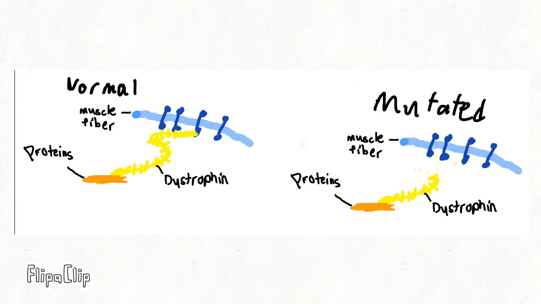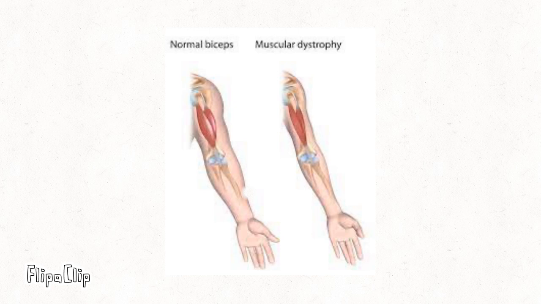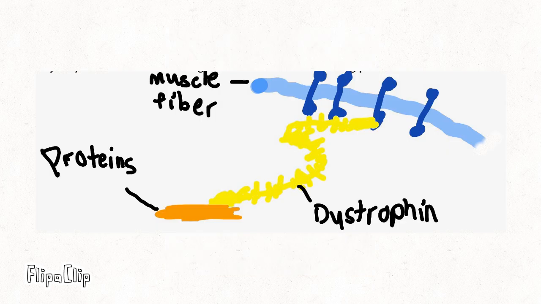Duchenne muscular dystrophy is caused by a mutation in the protein known as dystrophin. Dystrophin is a protein found in muscle fibers that plays a crucial role in maintaining the structural integrity of muscle cells. It functions as a link to help connect the internal cytoskeleton of muscle cells to the cells surrounding them. Without dystrophin, the muscle cells become weakened, damaged, and eventually die, leading to the progressive muscle degeneration as seen in